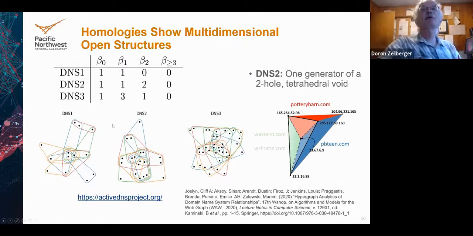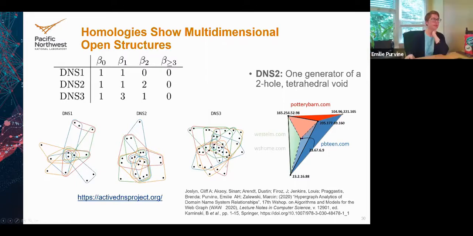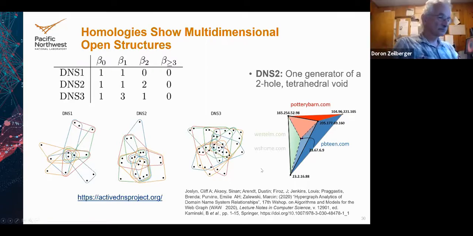Emilie, is that something surprising? If you take a random thing, won't you get artifacts like this? So yeah, that's a really good question. I honestly don't know. We haven't done a lot of null hypothesis testing to see if that's expected. Part of that is because random hypergraphs can be even more difficult than random graph models. So building a random hypergraph to hypothesis test whether we expect to get holes or not is a non-trivial problem on its own. But good suggestion. Thank you.